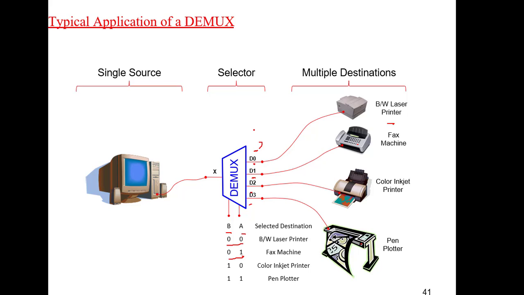So what actually is D0? D0 is nothing but B bar, A bar. Okay, so your input is something, you are given B bar, A bar as the select line. So you will get, and this is your input X. So write X. Okay, B bar, A bar, X is your output of D0. D1 means it is B bar, A, X. Similarly, D2 means it is B, A bar, X. X means whatever input we are given. And D3 means it is nothing but B, A, X. Okay, so this is how the demultiplexer works.